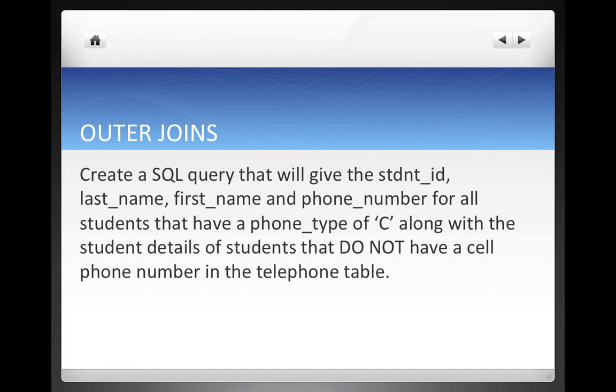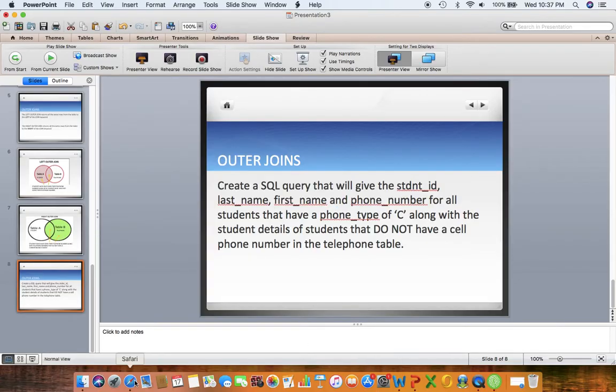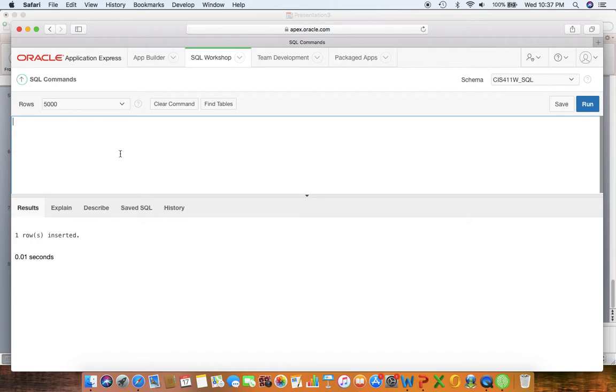And we also want to know the students that have not given us their cell phone number, so we can get after those students to give us their cell phone number. So going to Apex, what I'll do first is select student ID, first name, last name, and phone number from student join telephone